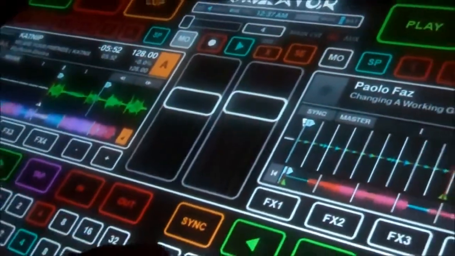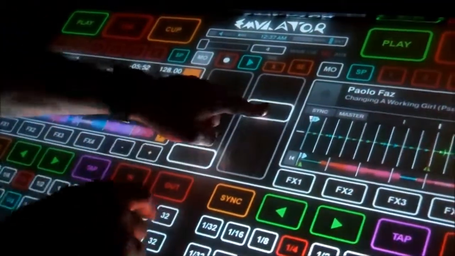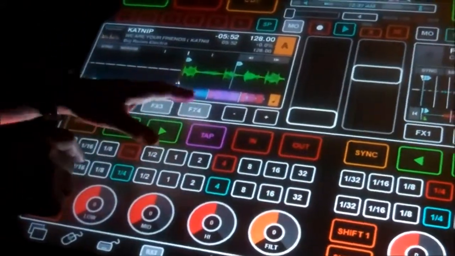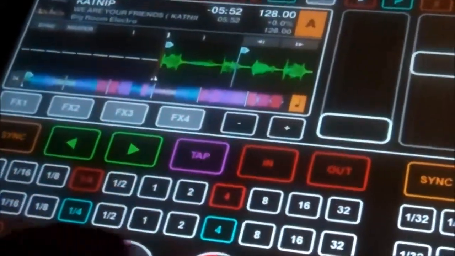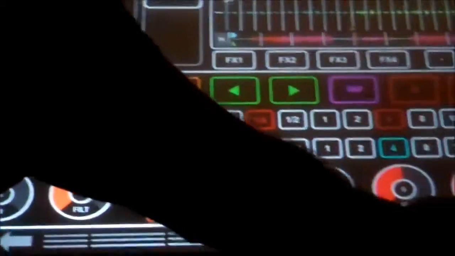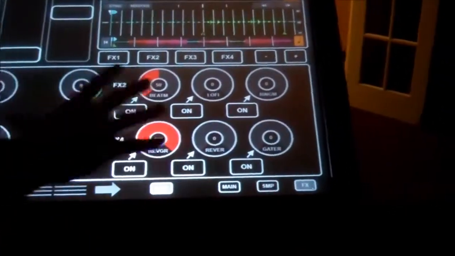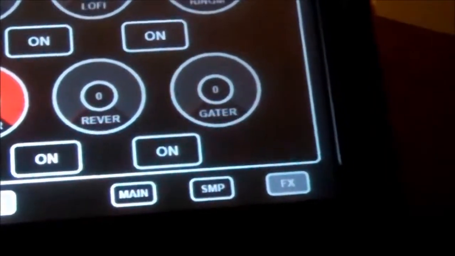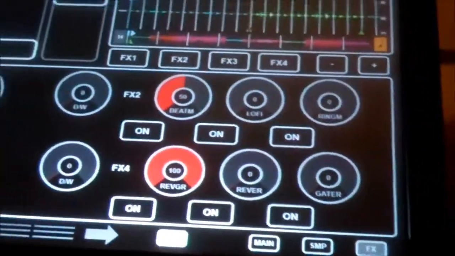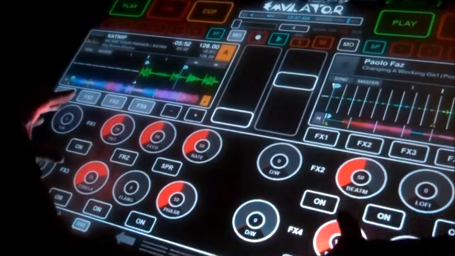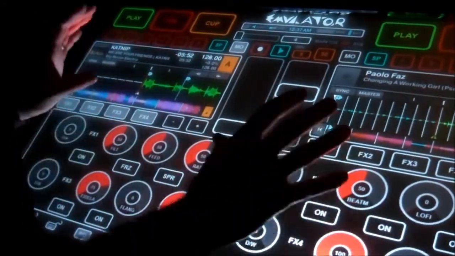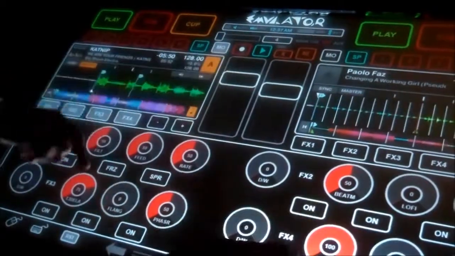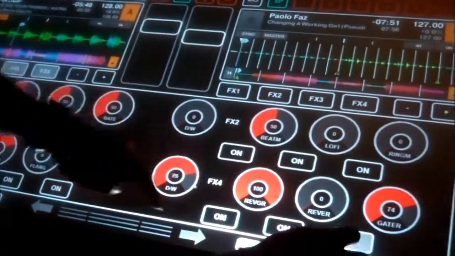Okay, moving along. Underneath your decks, you've got FX 1, 2, 3, 4. Those turn on the effects. And in the bottom right-hand corner, the effects button is there, so we'll turn on the effects bank. That turns on all the effects. Same as 1.4. You can fiddle around with all your effects. You can go into Traktor and set all of these as you want. We've preset them for you, but if you don't like that, you can do it. So for example, if I wanted to do a gate or something,